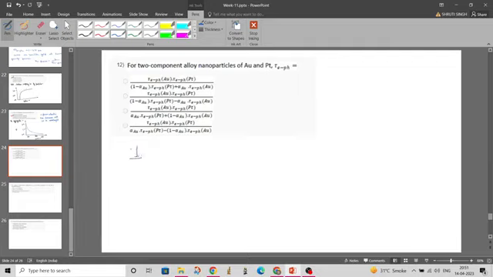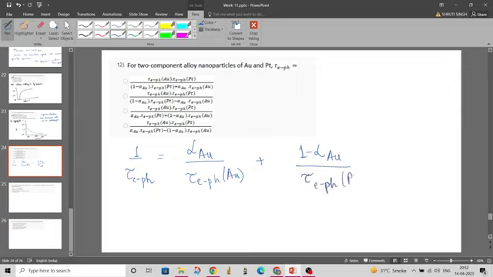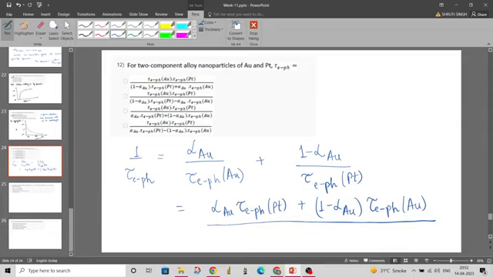So the equation which was given was like this: alpha Au tau EPH platinum plus 1 minus alpha Au tau EPH Au, divided by tau EPH Au tau EPH platinum, and this is 1 over tau EP, the electron phonon coupling